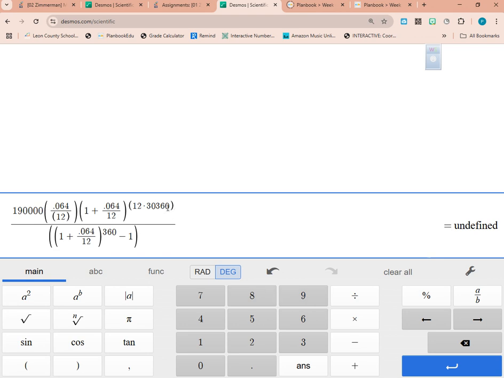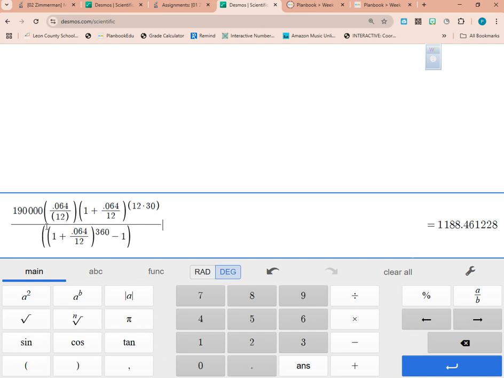I could take the 360 out there. That's how it is in the formula. When it was worked out in my notes, they went ahead and multiplied that. So it doesn't matter whether you do 12 times 30 or you do 360 there. Does everybody see? Those are the same things, 12t. Make sense? Okay. So 360 is the number of payments made right there.